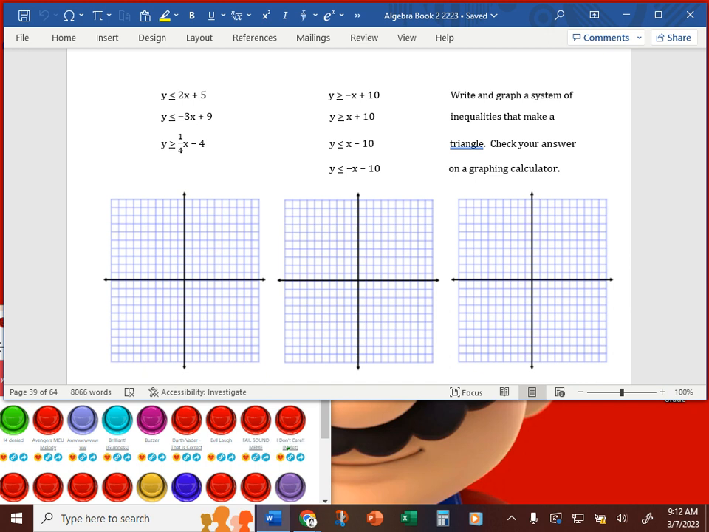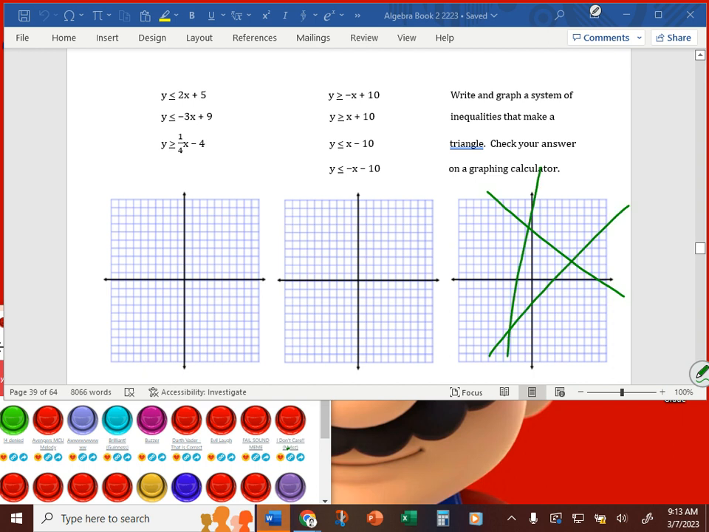Will: How do you do the one next to it? The last one? It says, write and graph a system of inequalities that make a triangle. Check your answer on a graphing calculator. If you don't have a graphing calculator, that's okay. You can still write a system of inequalities that makes a triangle. So basically, there's a triangle, right? To just get you started,